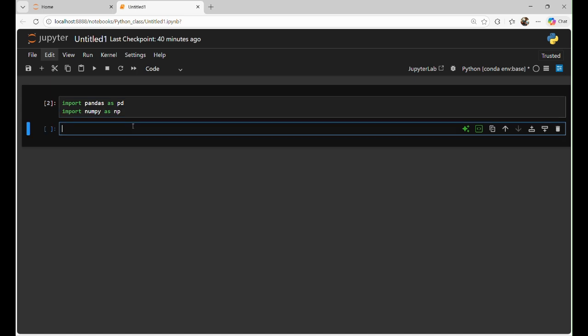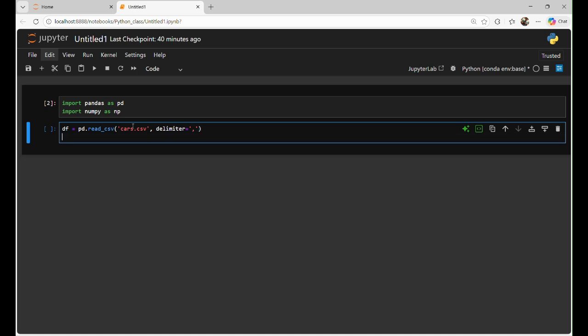So I'm going to do df is equal to pd.read_csv, passing cars.csv, and delimiter is equal to comma. Then I'm going to print df.head, which is going to give me the top 5 rows